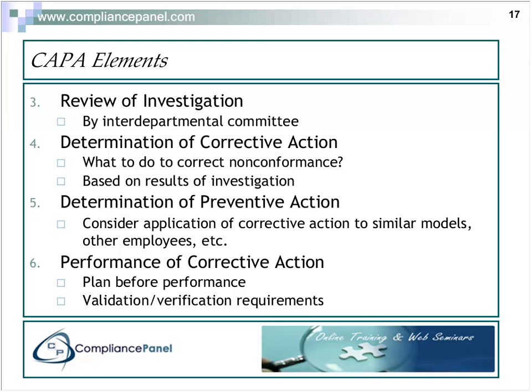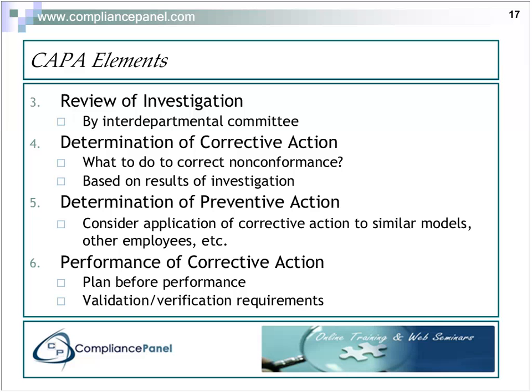You certainly want to have your investigator recommend a corrective action, but you don't want the investigator to conclude that that is the corrective action that he or she is going to do, and even worse, that they've done it already, because this is much better concluded interdepartmentally. It's always going to be based on the results of the investigation, but the more eyes that see it, the better.